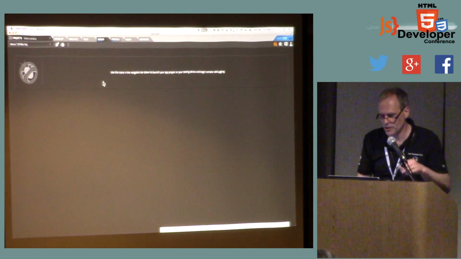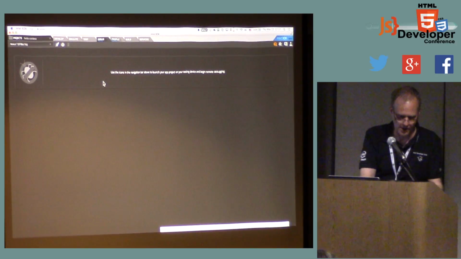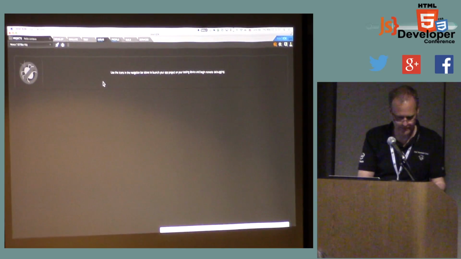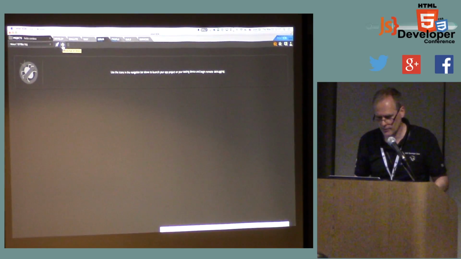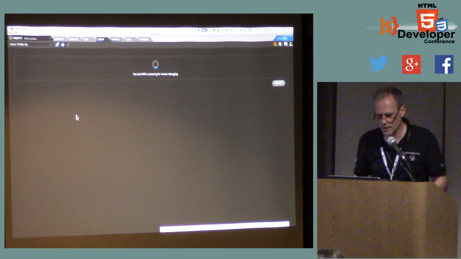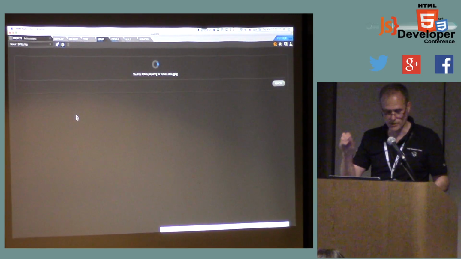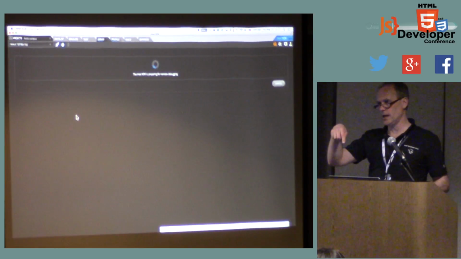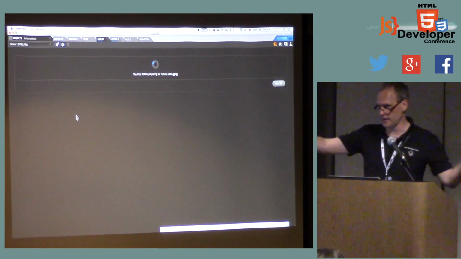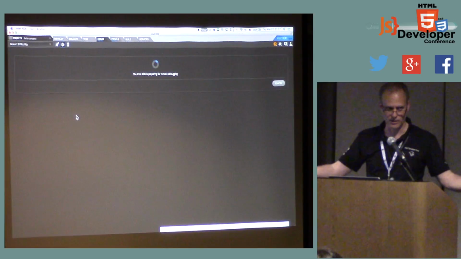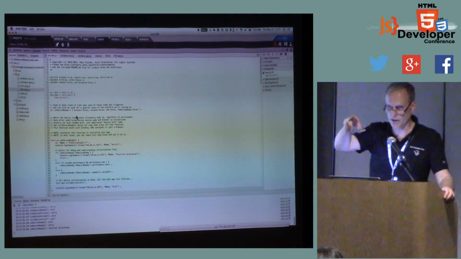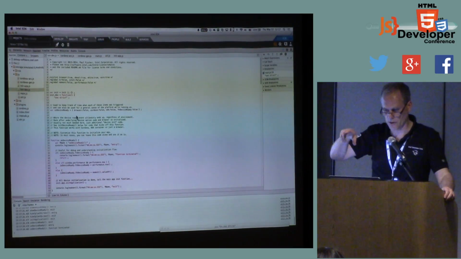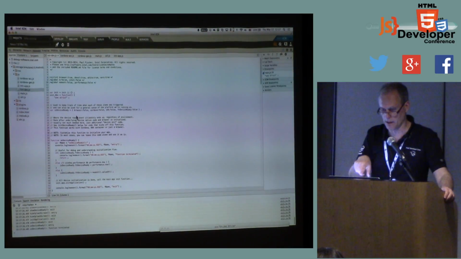So I mentioned earlier there's this thing called Crosswalk. Let me kill this. Crosswalk is a replacement web view for Android. So what I'm going to show you right now is specific to Android, and it has to be an Android 4.x device, so 4.0 or higher. It's loading an alternative container. So this is unique to the XDK,